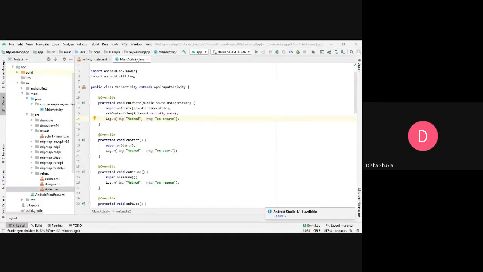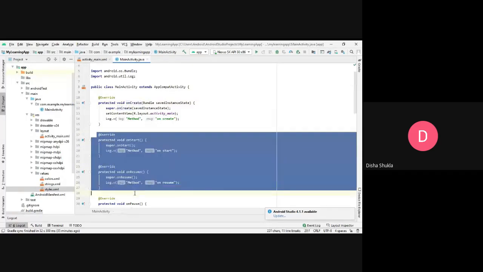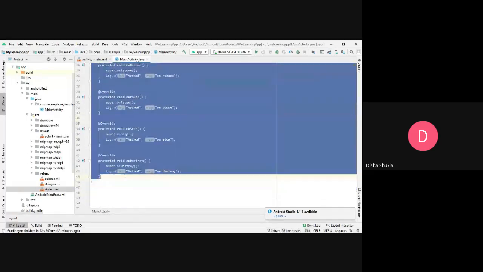On stop. Yeah, three. The onStop method is something that you didn't mention, but the sequence is correct. It's onCreate, onStart, onResume, onPause, onStop, and then finally the onDestroy method will be called. And this is how we mention all those things. For example, by default, you get this onCreate method overridden in this activity, and then we had overridden all the other methods that you can see over here.